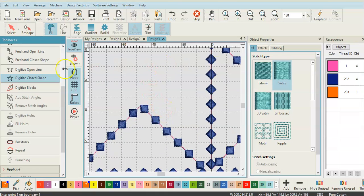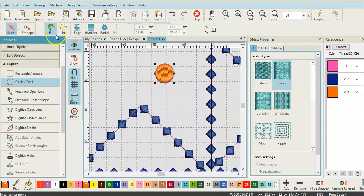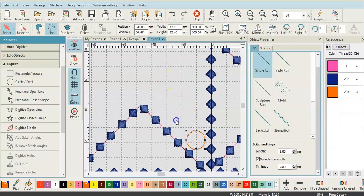Let's do this. So if I draw a circle, select it, make it a line. So if you wanted, I don't know that circles go well with the squares in the pattern, but you'll get the idea. So you could do bubbles. Just now, if you're going to do bubbles,